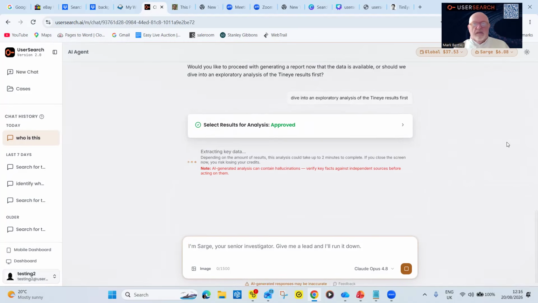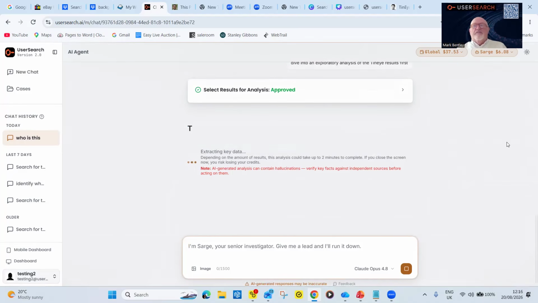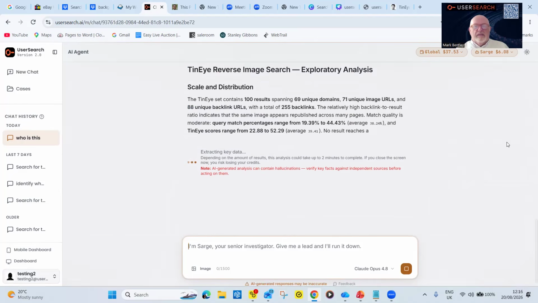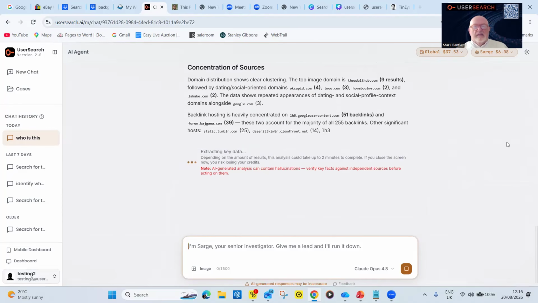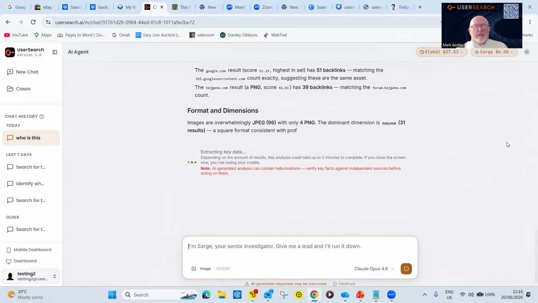You can go onto the internet old school and do a proper OSINT, old school OSINT, and it'll take you a long time. It may take 2 or 3 of you a long time to do that, and then you put it together. Whereas this, like you can see there, it says it can take up to 2 minutes. 2 minutes to do everything. And it's not uploading and doing stuff that leaves you vulnerable operational security wise. So we'll just let this finish and see what it comes up with. I can tell you now, if I do the sweater, it'll come back with the school, etc. And it's going through these and looking at the different hosting for them and the backlinks.